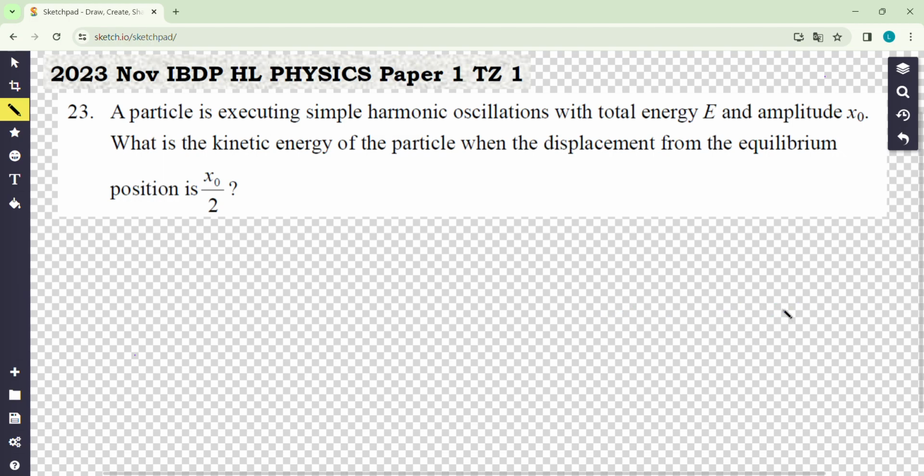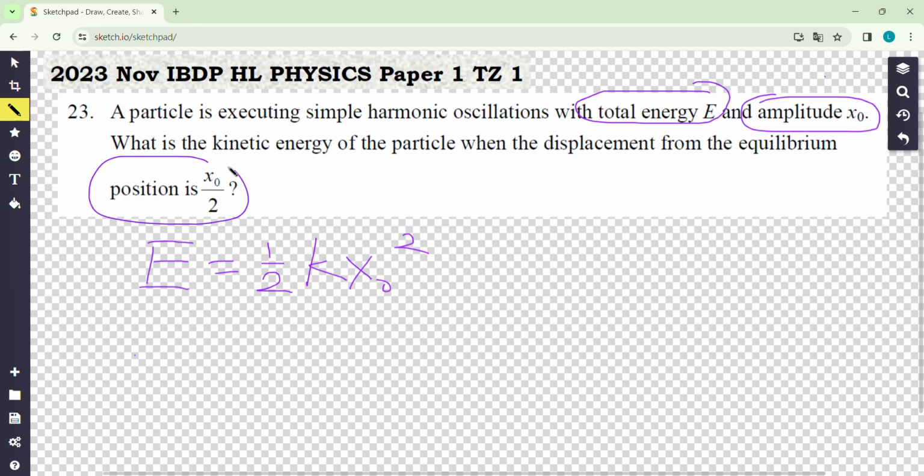Question 23 is about simple harmonic motion. It's given that the total energy is E and the amplitude is x naught. So we know that E equals half k x naught squared. So when the amplitude of displacement is just x naught over 2, the potential energy is half